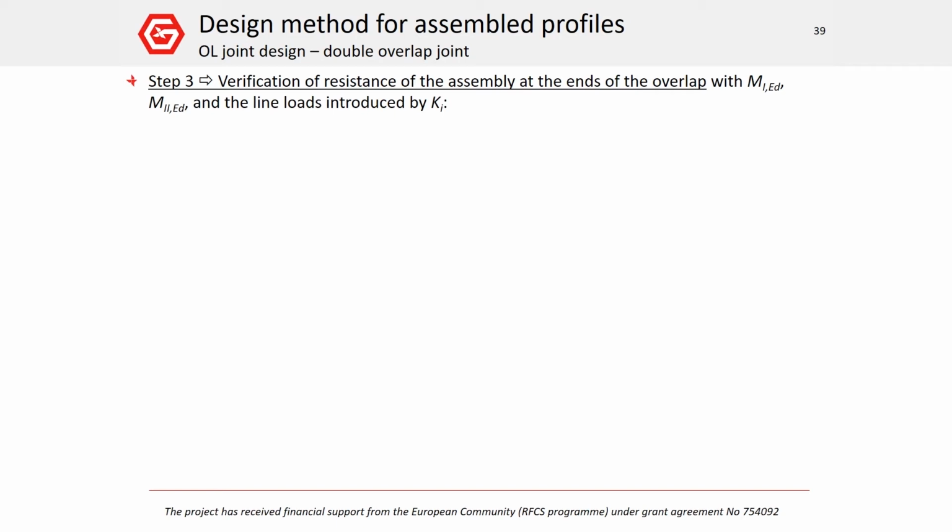Knowing moment distribution from step 1, it's possible to perform the step 3 consisting to verify the resistance of the assembly at the ends of the overlap. The applied load at the end must be first calculated using this relation. Under downward loading, this load is acting as a tension force on the web, and the verification is subdivided in